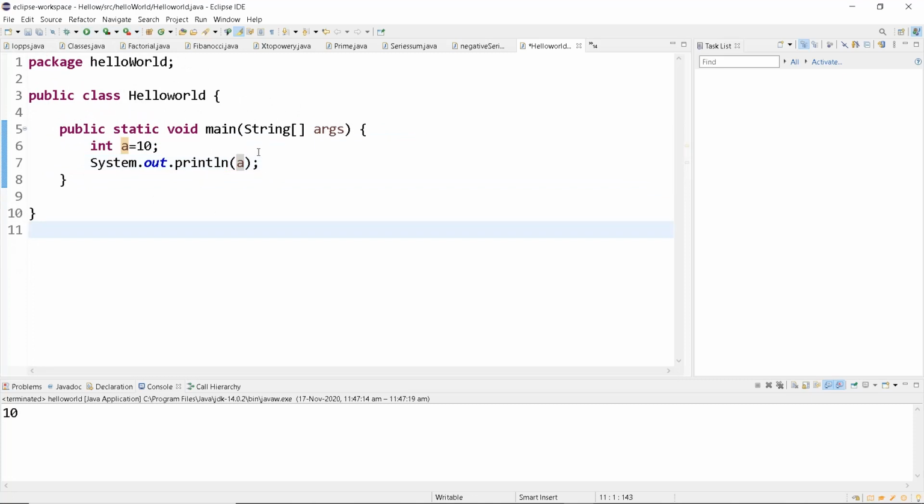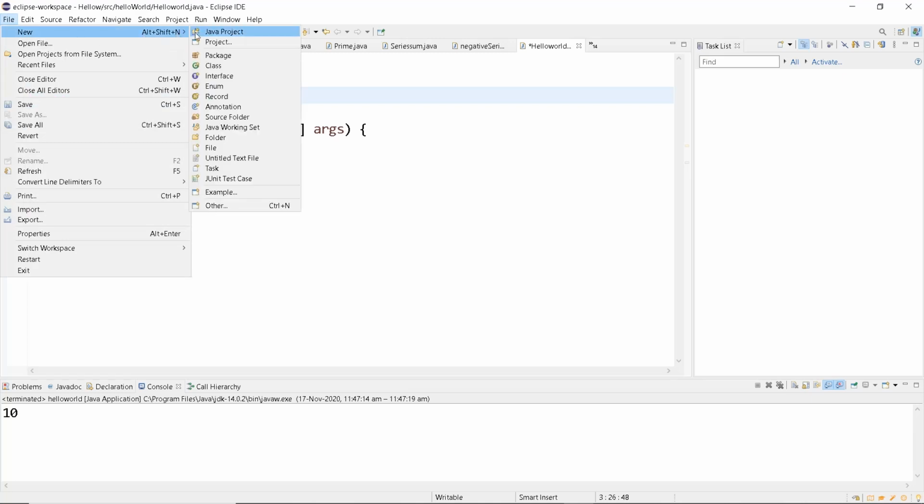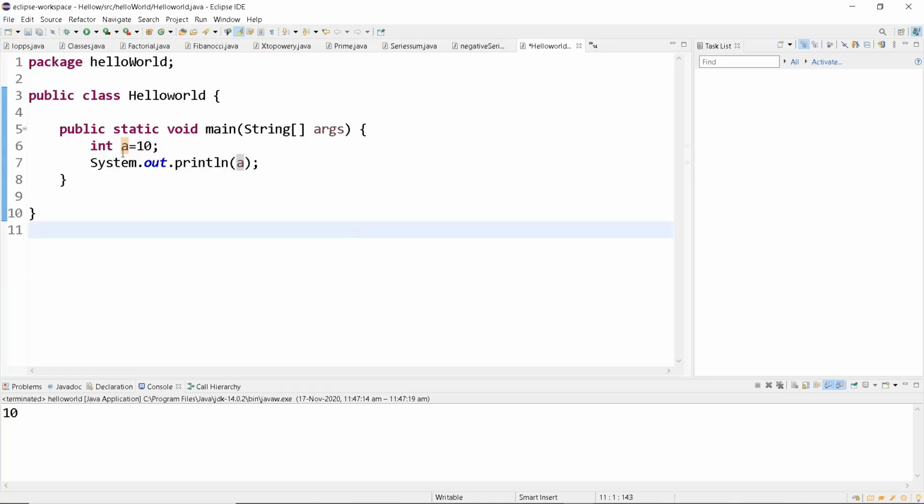So let's summarize all the things we have discussed today. First, we create a project. We go to file, we go to new, we create a project. Under the project, you create a package. Under a package, you create a class, and after creating the class, we mention this public static void main. We mention this method, and we start the program. And in order to print out something, we use system.out.println, and ln is used to mention a new line.